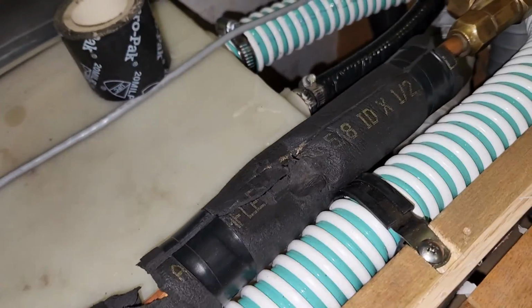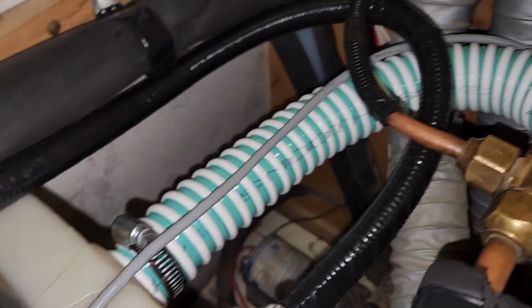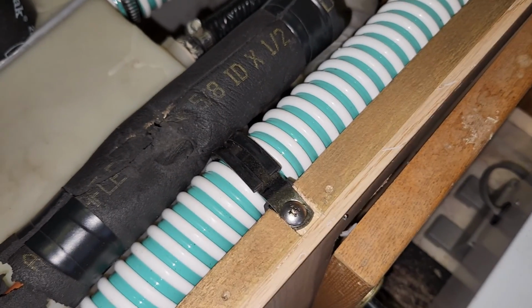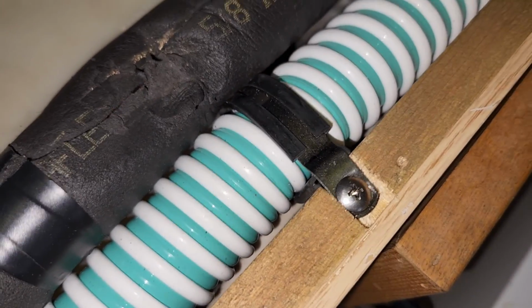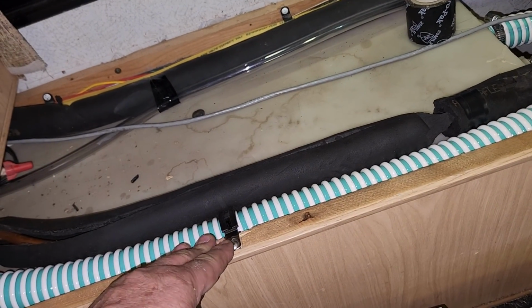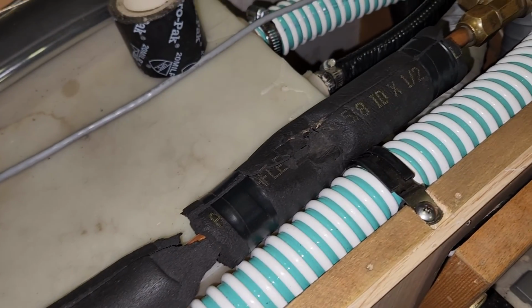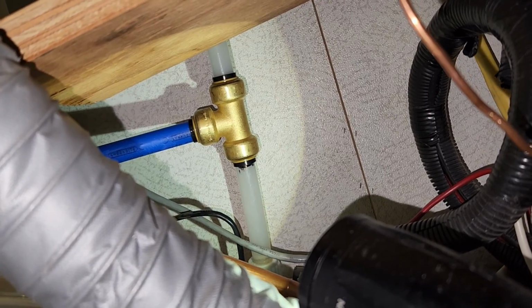I wanted to get this green pipe as high as possible so that it would have a steady downward flow into the tank there. So I got these 2-inch rubberized clips, and then I cut down into the top board on the step here. And the reason I cut down is that I didn't want this sticking up an 1/8 or 1/4 inch. I wanted it down flush, so I chiseled that out, and it's flush, and now the step will just slide right over it. So in here, there you see we have a T fitting over there going into the old original PEX, and